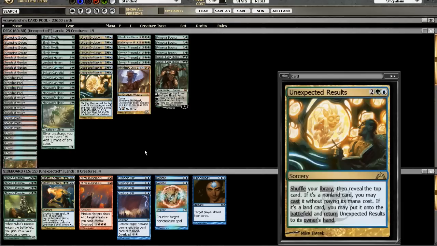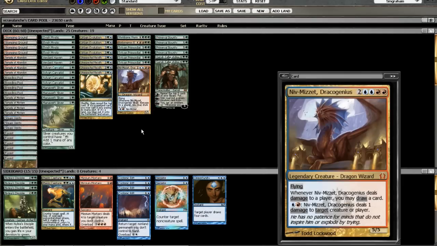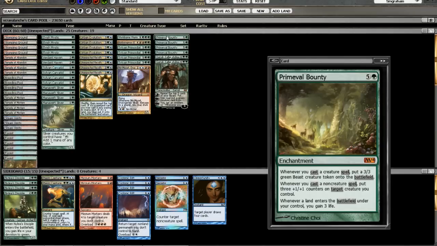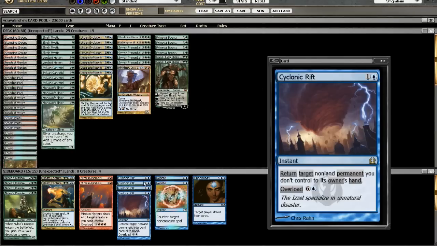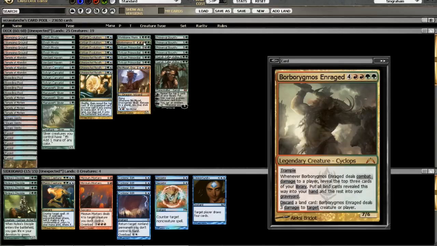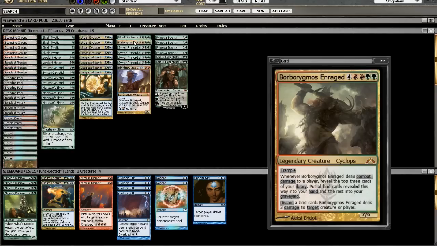Again, I'm sure this deck has lots of holes in it. I've only tested it a few times, so I'm sure the sideboard especially will continue to evolve throughout the course of these videos. Again, I'm not quite sure if the right number of Primeval Bounties or Garruk, Caller of Beasts is set in stone. And again, I'm not 100% sold on the red in this deck, as I am only using it for Mizzium Mortars and Borborygmos. And I think I might want to up the count on either Worldspine Wurm or Borborygmos, but I'm using